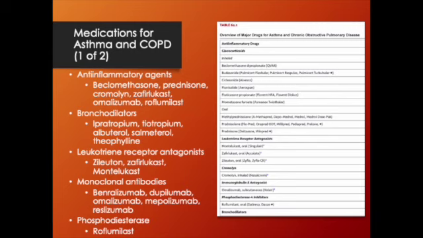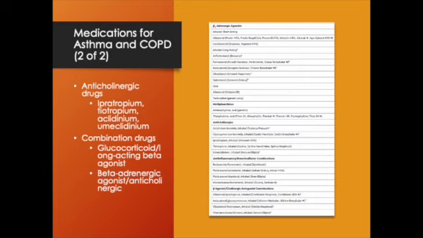Additionally, we can also use anticholinergic drugs and combination drugs like I alluded to earlier. There are glucocorticoid and long-acting beta agonist combinations, and we have beta adrenergic agonists and anticholinergic forms that come in combinations. It will take you a bit of time to remember these combination forms, and most providers will pick according to the formulary that is available or the patient's insurance,